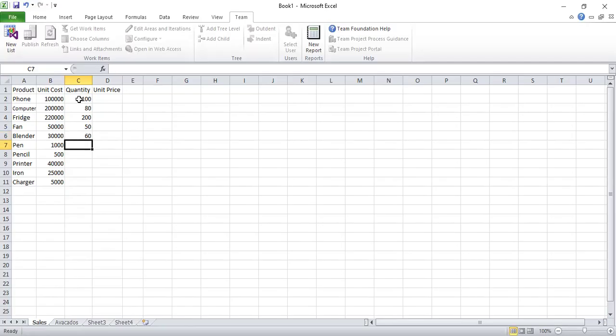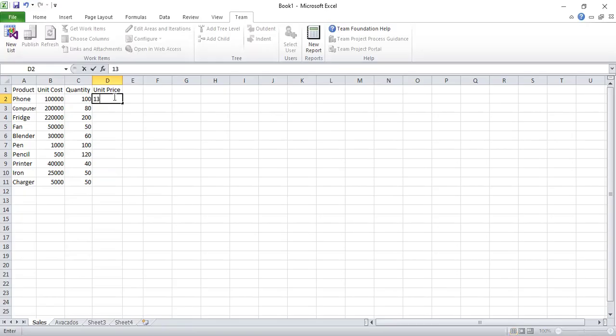Pens, maybe 100 copies. Pencil, maybe 120 copies. Printers, maybe 40 copies. Iron, maybe 50 copies. Charger, maybe 50 copies. And now, the unit price, let's say for a phone, 100,000 unit cost, but